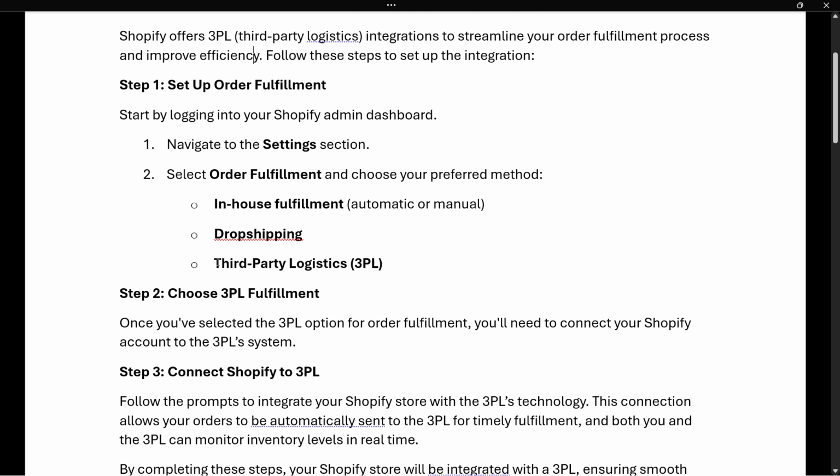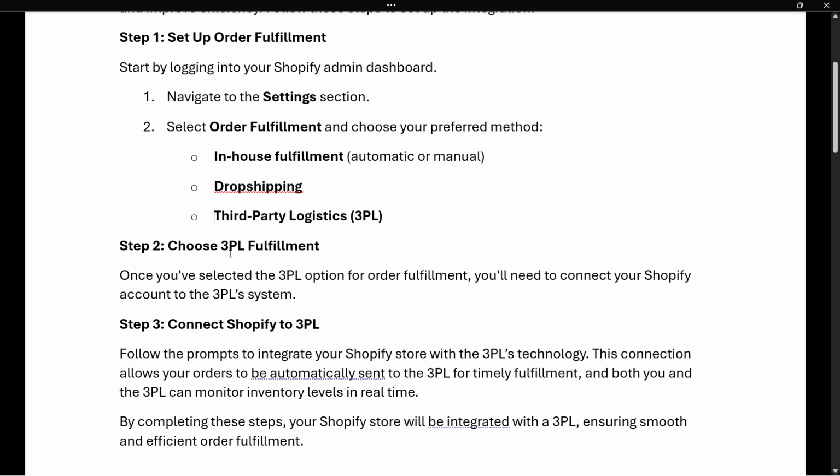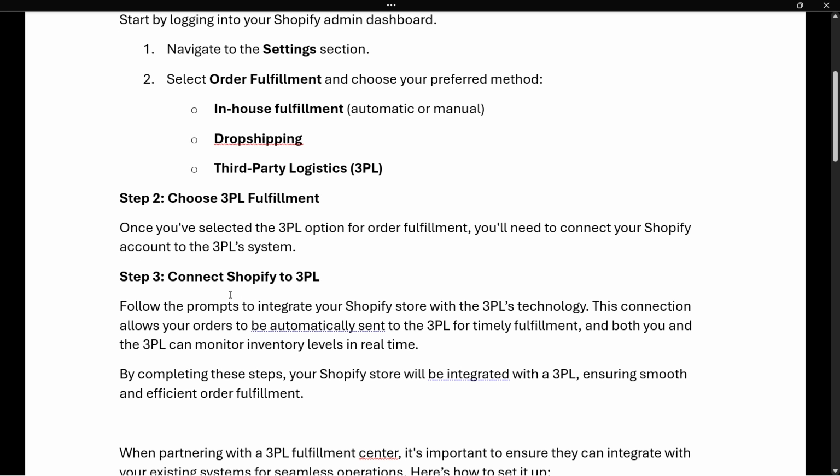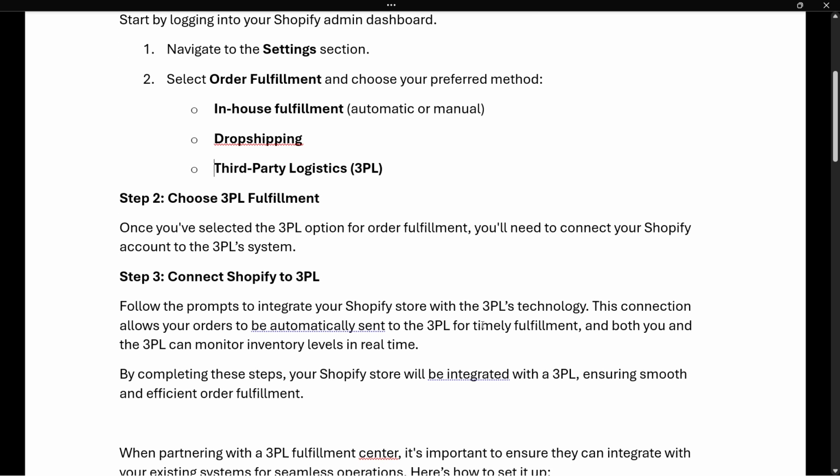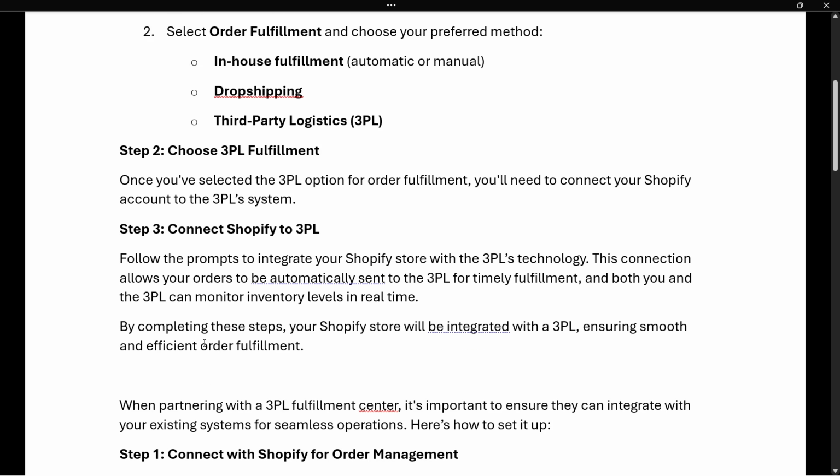looking at right now. Now then, you must choose the 3PL fulfillment, so you have to select the 3PL option for order fulfillment, and then you will need to connect your Shopify account to the 3PL system. Now, you have to follow the prompts to integrate your Shopify store with the 3PL's technology. This connection will allow your orders to be automatically sent to the 3PL service for timely fulfillment, okay? And both you and the 3PL will be able to monitor inventory levels in real time. Now, once you complete these steps, your Shopify store will then be integrated with a 3PL, which will ensure smooth